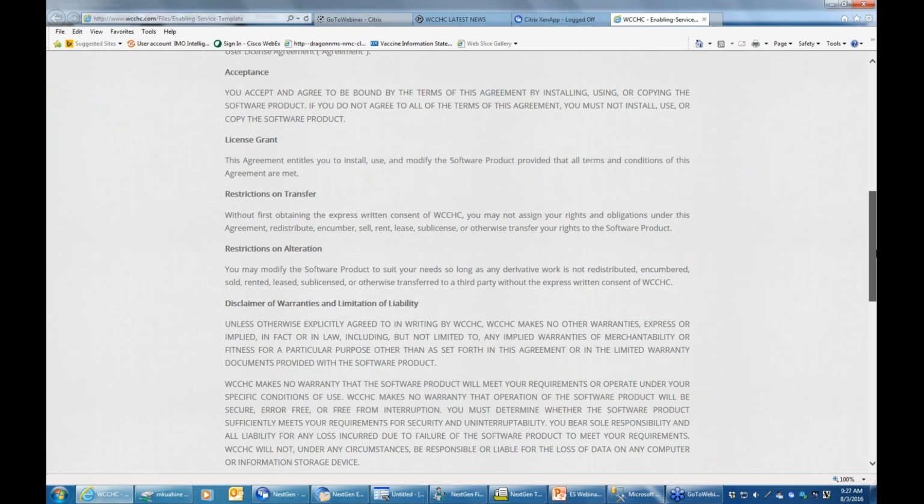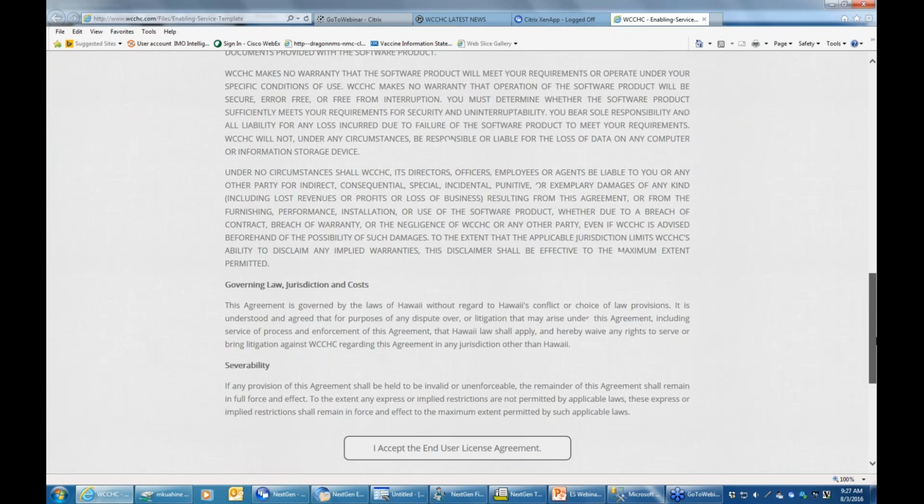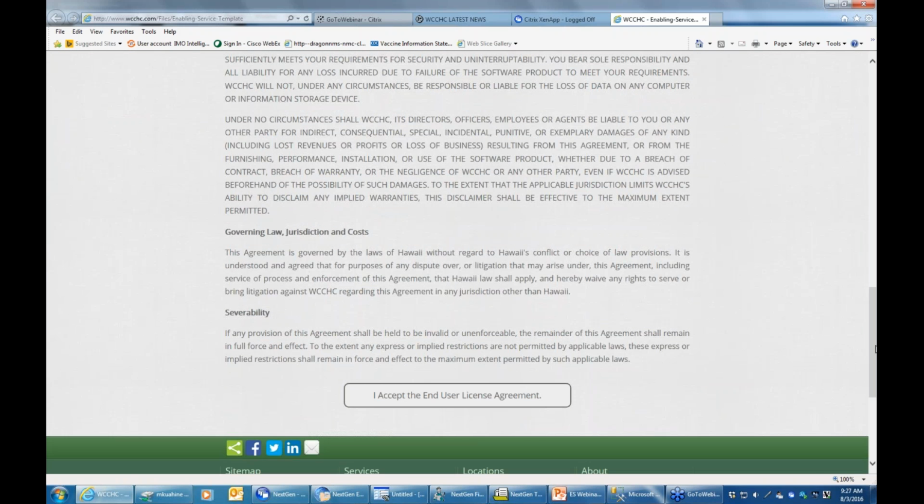At the very bottom, pretty much what this is saying is that we've created a custom template. Because NextGen didn't create it and it's not part of their template knowledge base, they're not going to provide any support for it. And you are going to put it into your test database to make sure you do your testing first, your due diligence there. And that's it. Once you accept that,